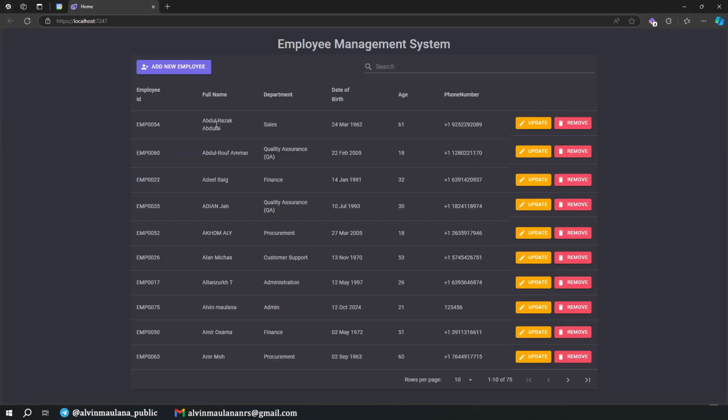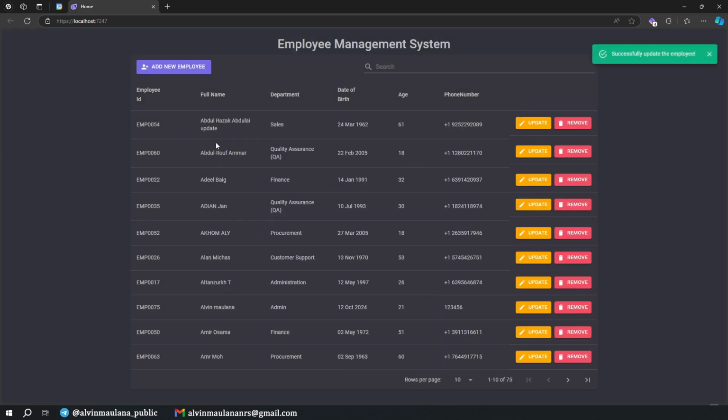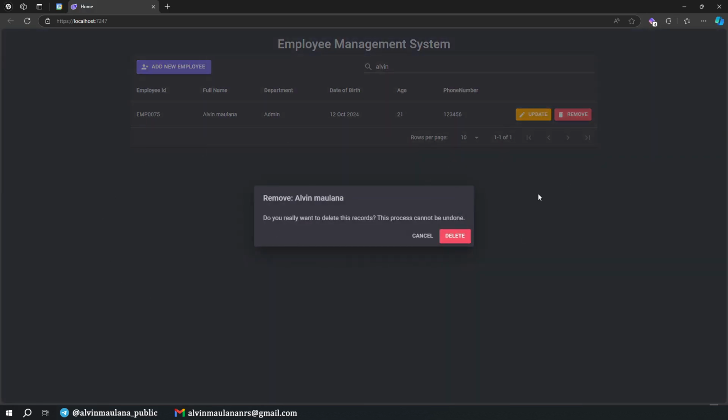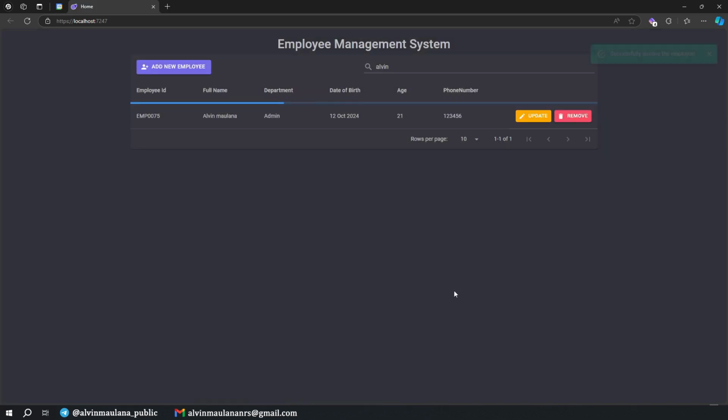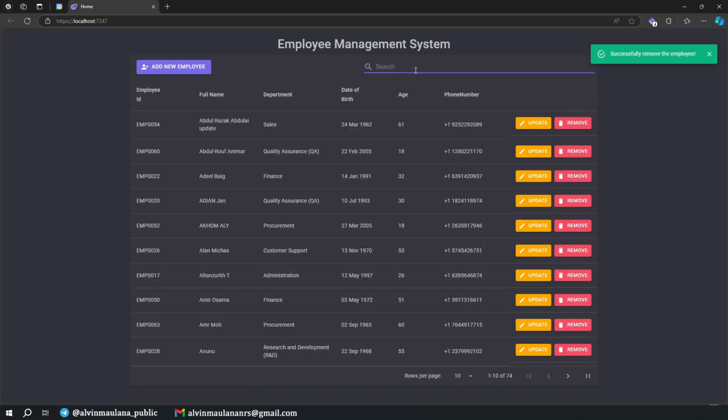And let's see when we start it. Okay, let's update the first value in here. Update. We're able to see the values, the name, department, all the values, and I try to update and save it. Nice. And if we try to delete, maybe I search for Alvin and I want to delete it. Okay, we can see the dialog. I delete it. Nice. We're not able to see it again. And gone. Okay, so now this part is complete.